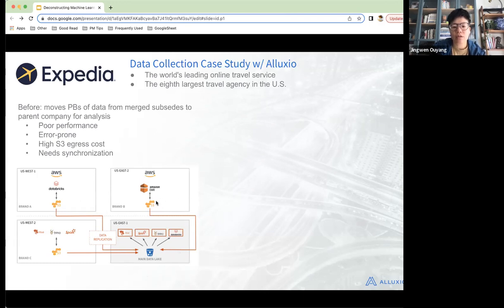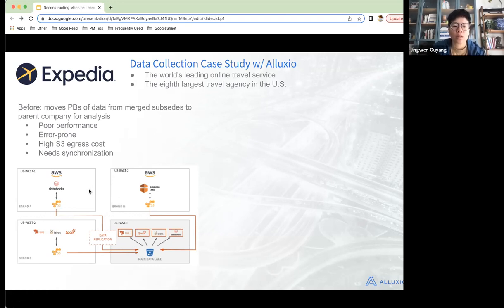Because this comes from the network, there's poor performance. We need to copy, and it's error prone. What if the copy fails? And then there's also, for example, for S3, whenever you pull data from the cloud, there is a cost, right? So this is called a data egress cost. So every time you pull them, there's a cost.